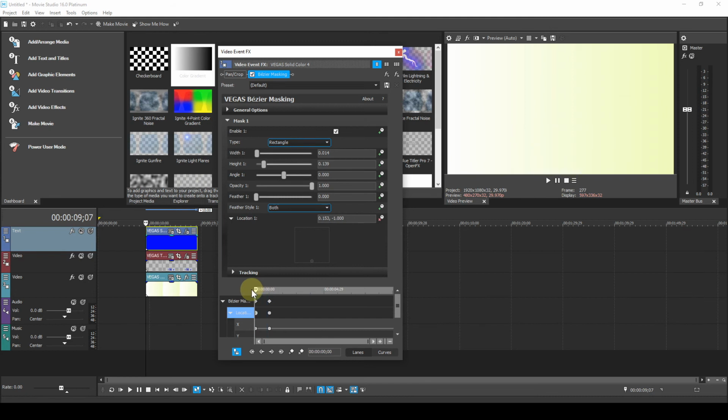And go to the beginning, right click the keyframe, select the keyframe, highlight the coordinate, the Y coordinate, and paste. And that will ensure now